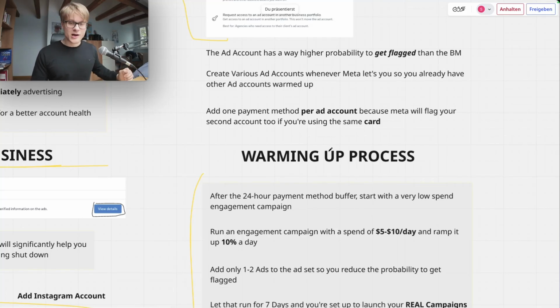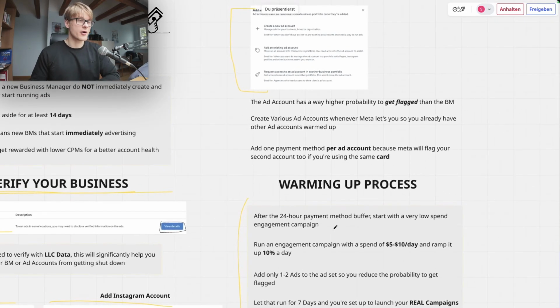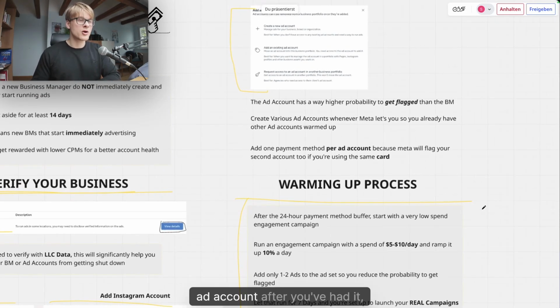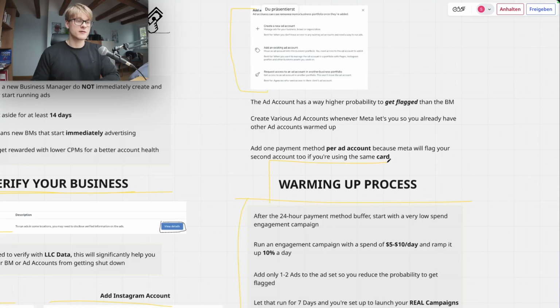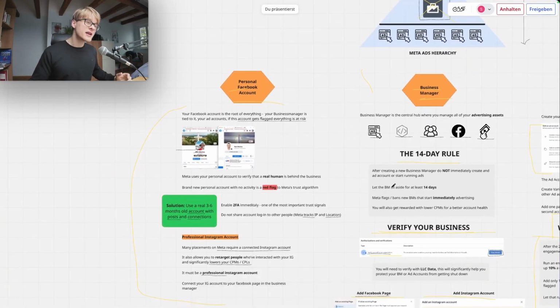One of the most frustrating things that you can have with Meta, but it will happen to you if you don't follow the rules I'm laying down here. And then you want to warm up the ad account after you've had it lay around for 7 days with an engagement campaign for around $5 to $10 spend that you then gradually scale up by around 10%. You want to connect your personal Facebook account, which is ideally warmed up with all these assets,